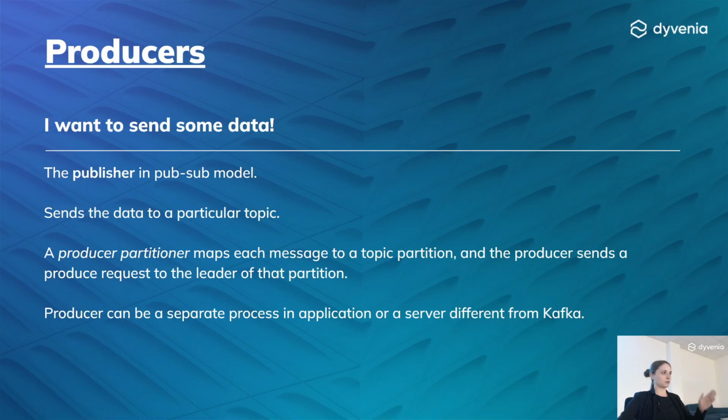The producer can be directly a part of Kafka, for example, a Confluent producer, or it can be a completely separate, different thing. It doesn't have to be in any way connected with Kafka. It can be a separate server or whatever. It just has to have some sort of connection. So it can be a connector, for example, a natively built-in Kafka connector. We can use it to create this connection between our Kafka cluster and a certain producer.